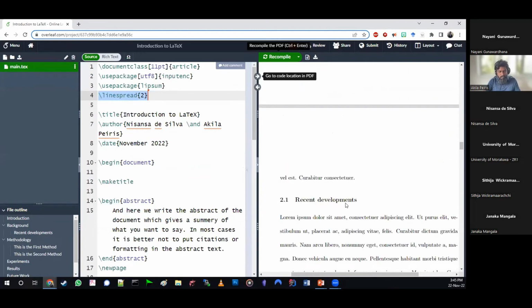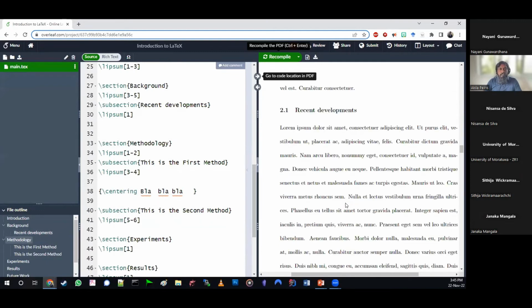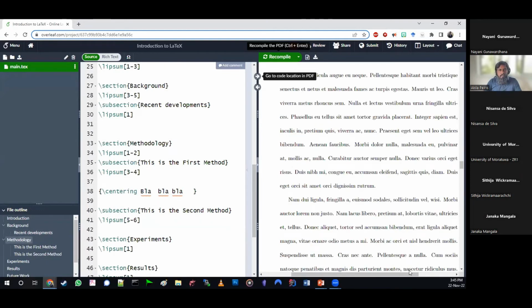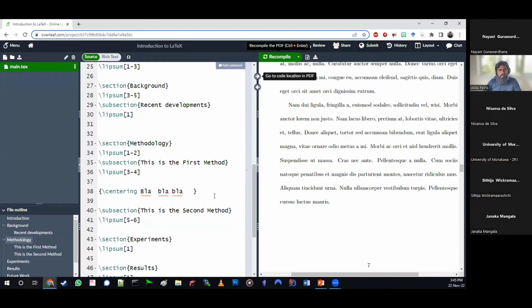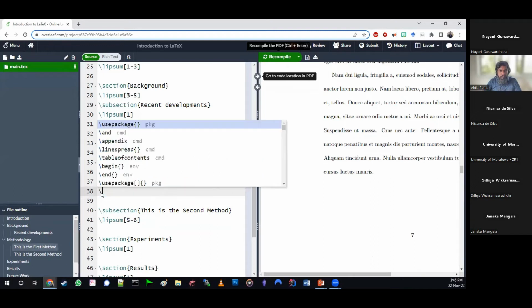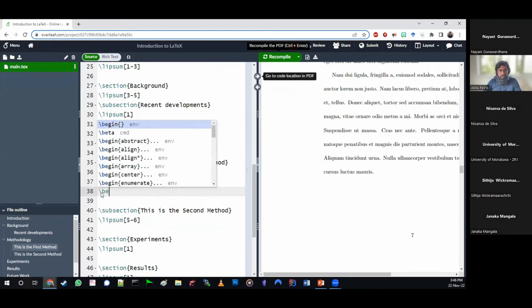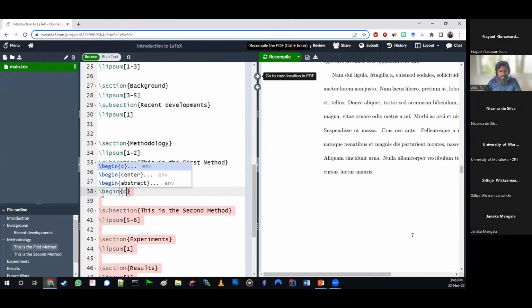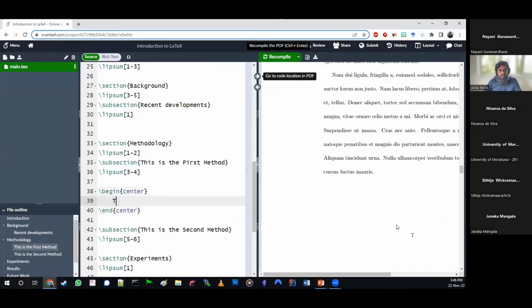Now, let's see where is my blah, blah, blah. Oh, I think when Mr. Akila did that, it became a different folder. That is all totally fine. So this is collaborative working, right? You are seeing a live demo of how 2 people would work. So sometimes this happens. All right.